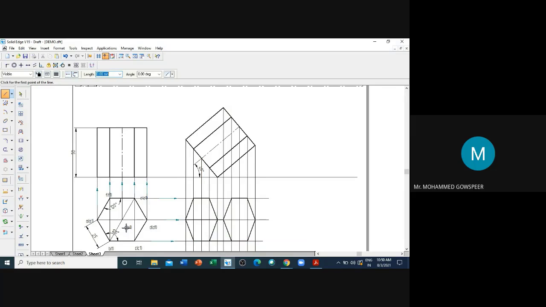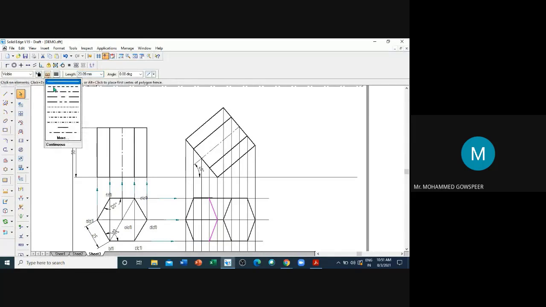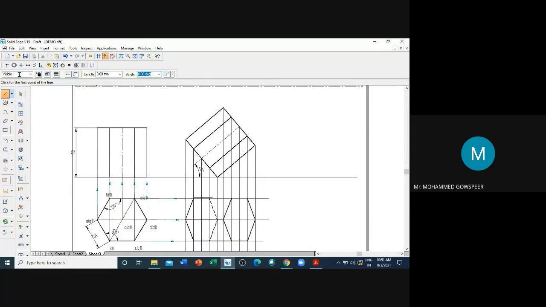Next, F to F1 is visible. Now here you can select these two lines. These two have to be hidden lines. So you can convert here. Otherwise, with the line command, you can select a hidden line style, whichever is easier.